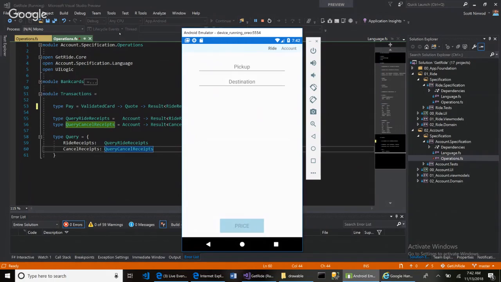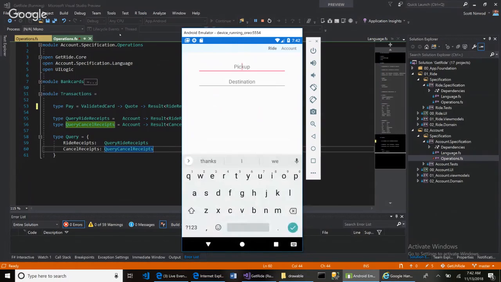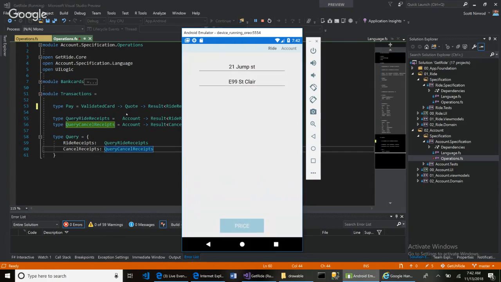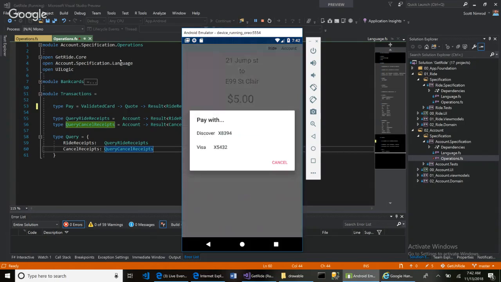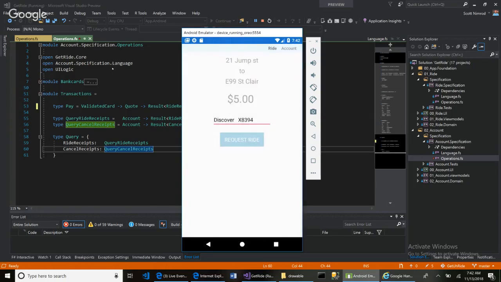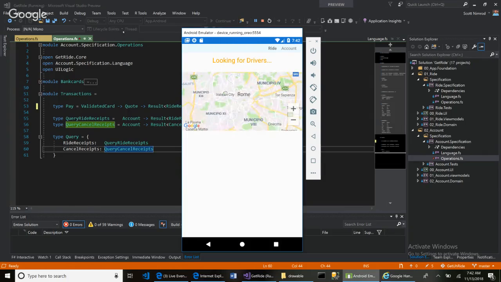If I wanted to go to ride over here, I could say 21 Jump Street. And for the destination, I could say East 99th, St. Clair. Okay. Get a price, 21 Jump Street to East 99th, St. Clair, $5, pay with, and say Discover, request a ride. And that's going to say looking for drivers. And this is pretty much where I left off in the last video,